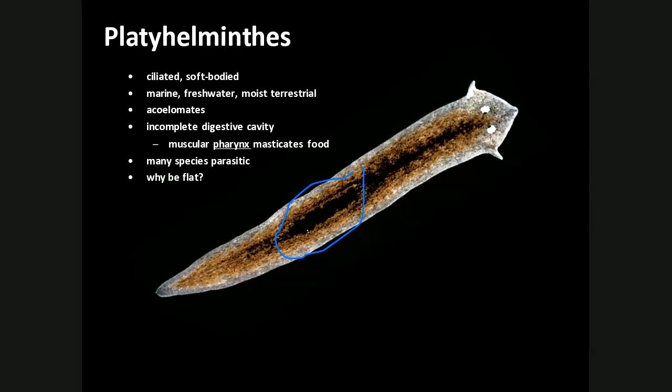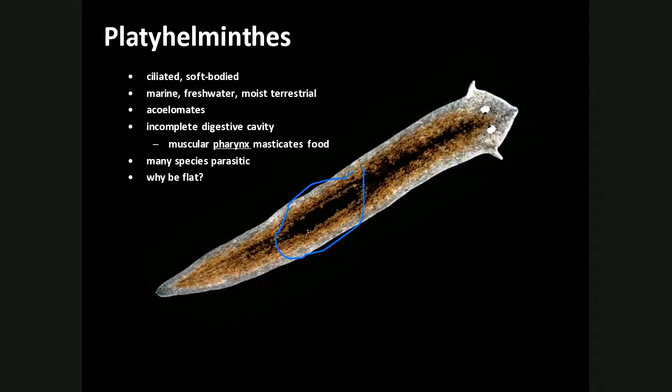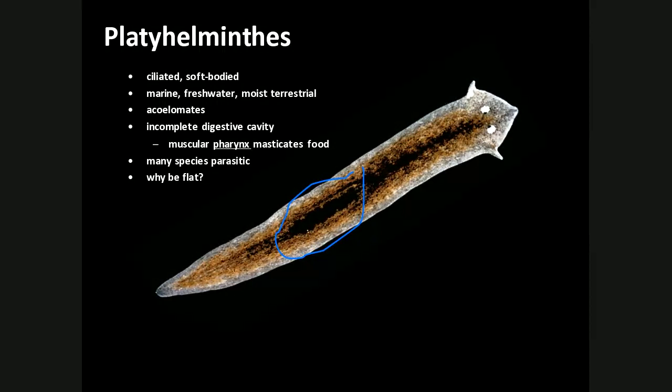There's also another type of incomplete digestive system we find in the parasitic species. Something that's kind of interesting about parasites, if you think about it, a parasite, especially an endoparasite living in the digestive system of a host organism, really doesn't need a digestive system, does it? As long as it has a way to suck up those nutrients, it doesn't really need to do the digesting itself, which, you know, Mother Nature might favor. That's an easy way to make a living. Okay, we'll talk about those later. Parasites are something I find kind of fascinating, but let's go with the why be flat.